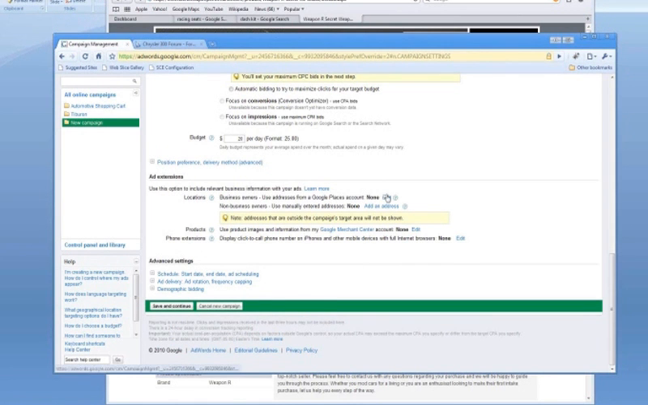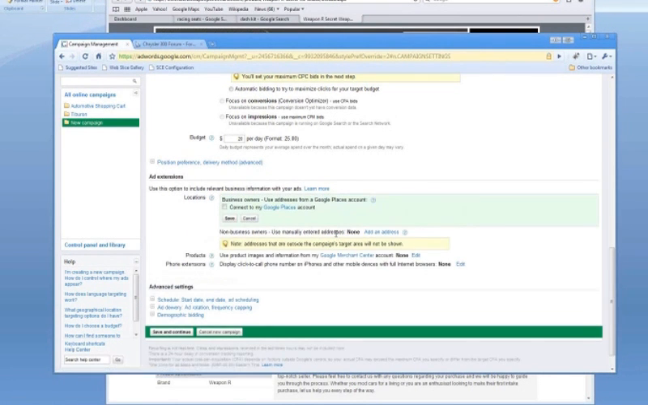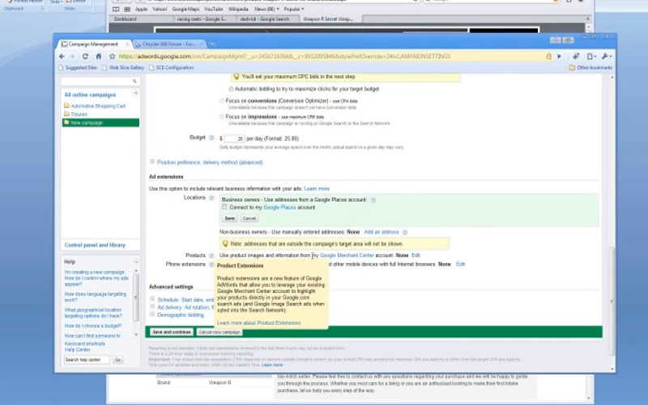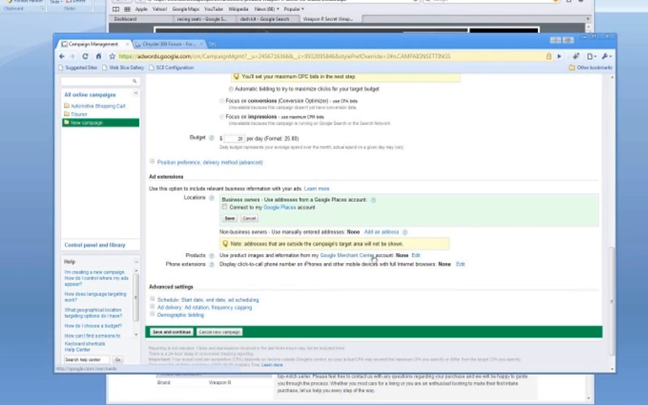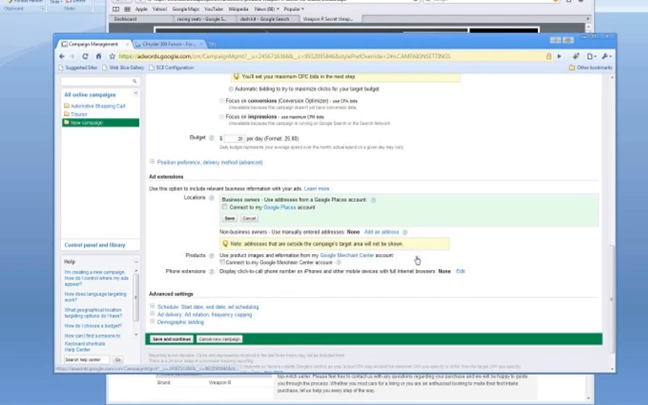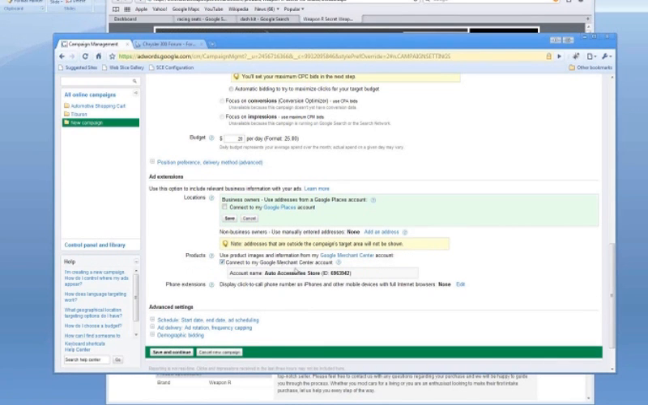So we're left with Google locations. We don't care about this. Here's the Google Base that I was telling you about. See, products use product images and information from my Google Merchant Center. If you press edit, you can say connect to my Merchant Center, and it tells you which account is already connected to you,